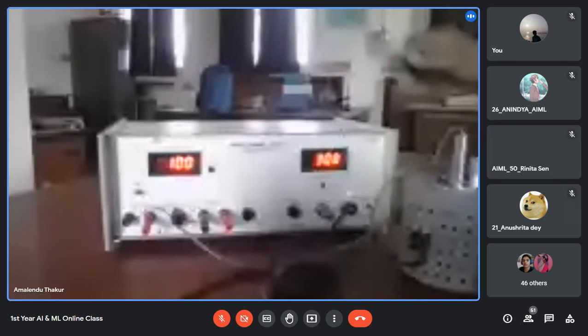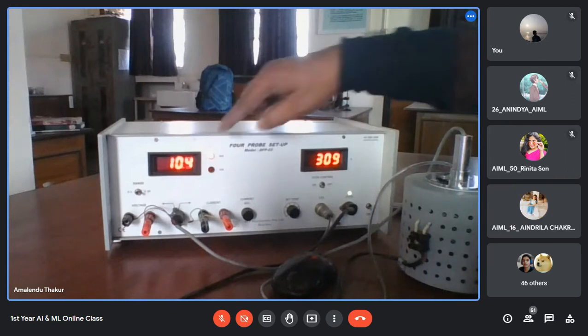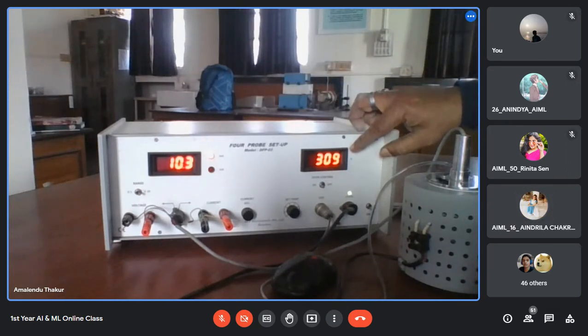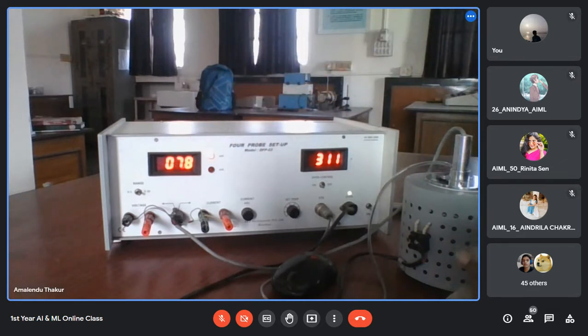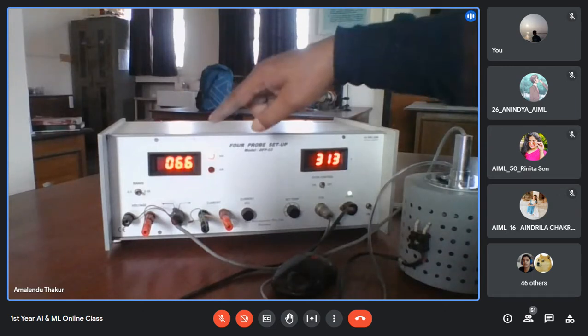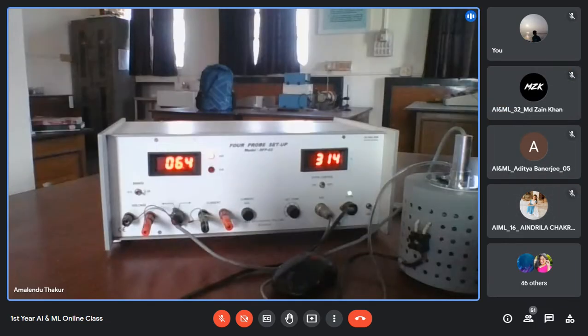Now it is changing, just you see. Now it shows 10, 10.3, 10.4. দেখো, this value changing, temperature of the semiconductor oven, it is changing. Now it shows 310 Kelvin. Now you just see this value also changing. তাই তো, চেঞ্জ করছে তো নাকি? Yes, sir. In this way, we have to complete the table.